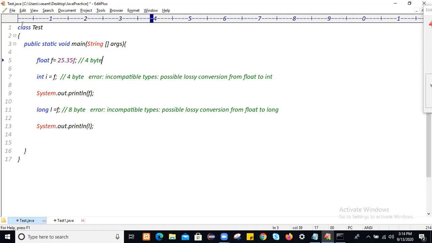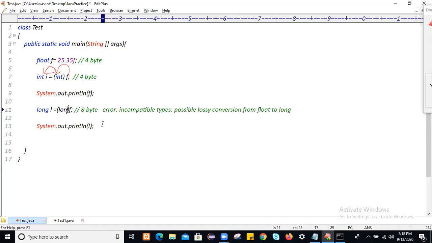For that, write this example. Here, guys, you should explicitly perform typecasting. How to perform typecasting? In whichever data type you are going to convert, here integer type, simply perform this typecasting. First we convert this floating value into integer type, and then here we convert into long type. In which data type you are going to convert, just this is called typecasting.